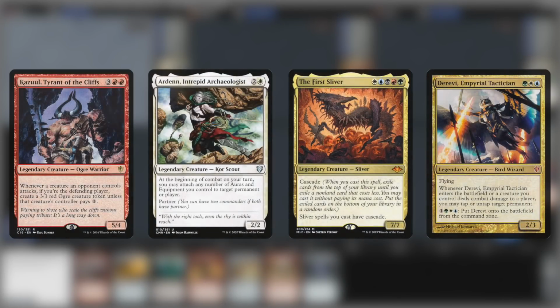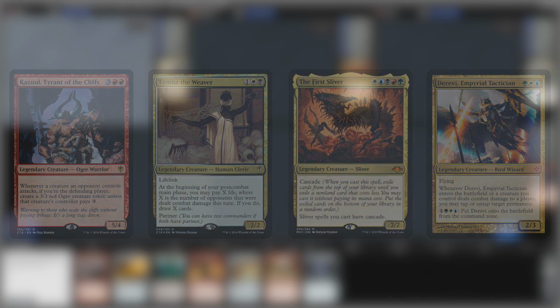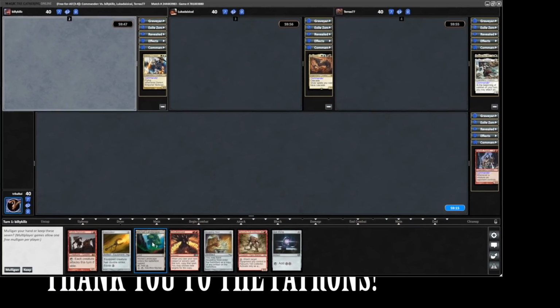Playing Christian Roberts' deck today, helmed by Kazuul, Tyrant of the Cliffs, up against Ardenn and Tymna, the first Sliver, and Derevi, Imperial Tactician. We have ourselves...